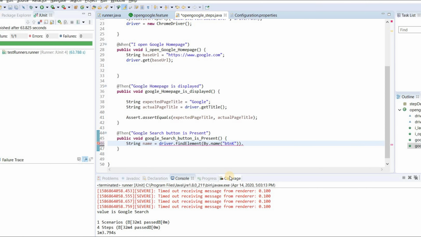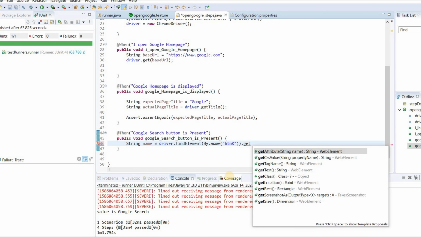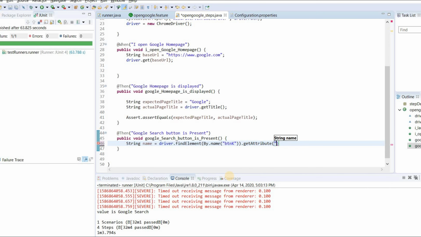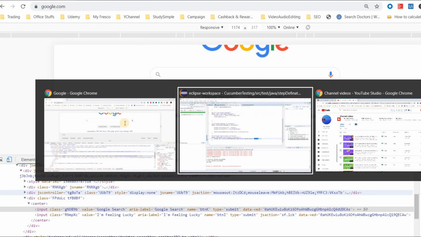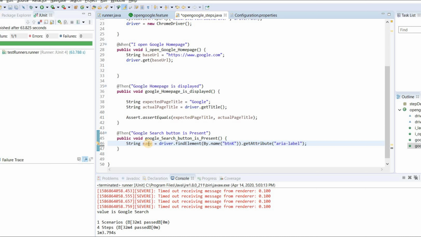So up to this point it will locate the element, and then it will check whether this attribute is present. Which attribute? Aria-label. Once it finds the aria-label, it will automatically fetch the value of this one, which is Google search, and put it inside that name.